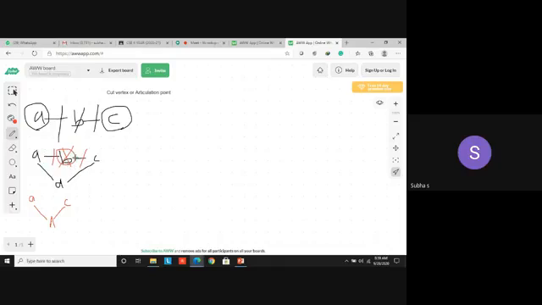Are you able to follow? In the second graph, though I remove any one vertex, if the graph remains connected, then that is not considered as the articulation point. Now take it in the reverse way. If I remove any one vertex and the graph gets disconnected, then that vertex is considered as the articulation point. Got it?